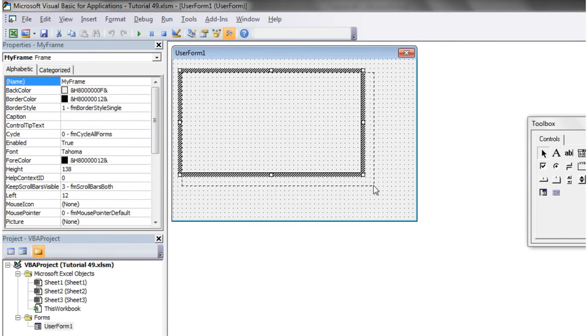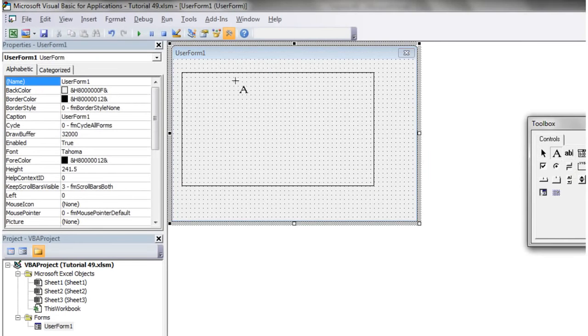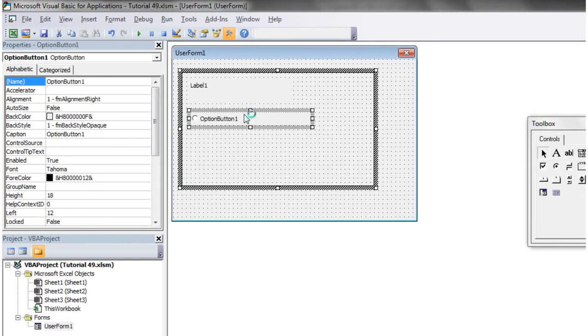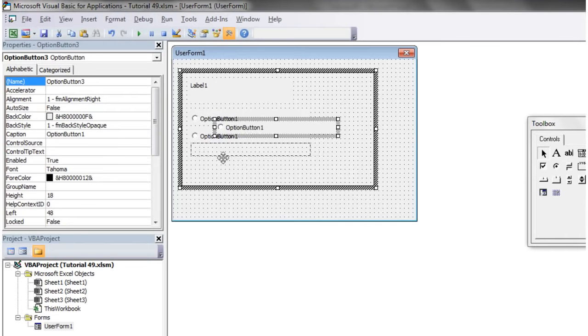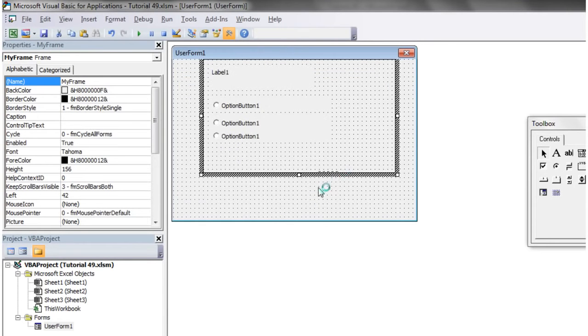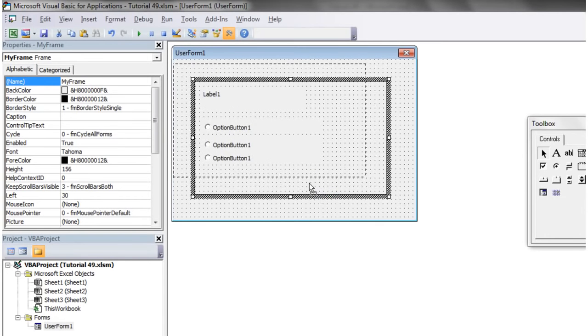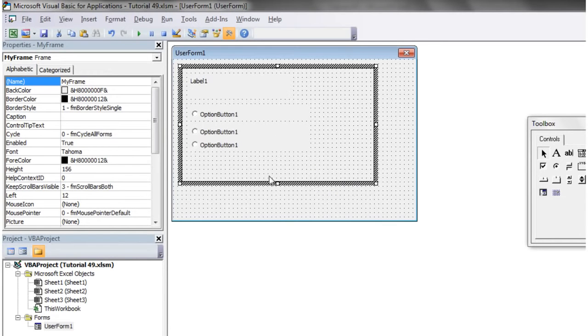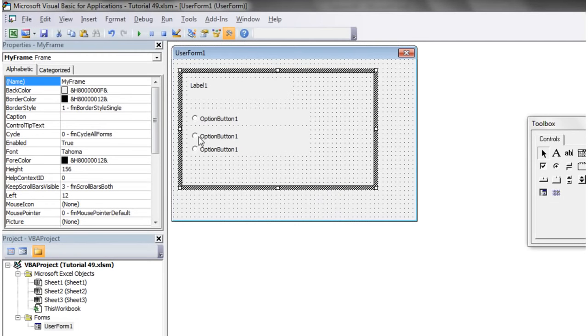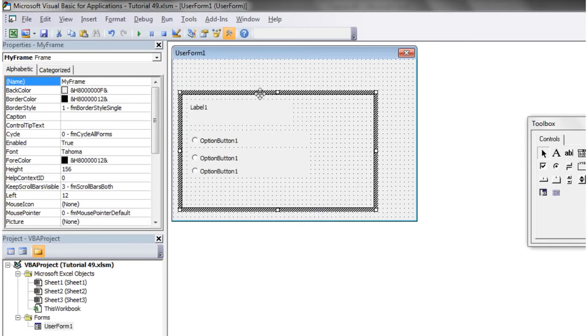And then what we can do is we can take, say, a label, and we can take, say, some option buttons, and we can put them all inside our frame. And then by moving the frame around, they're just going to move around with it. They're now kind of part of that frame. And then what you'll find is also, as we make changes to the frame in our code, these changes can also affect the things inside. So I'm just going to give you a quick example,